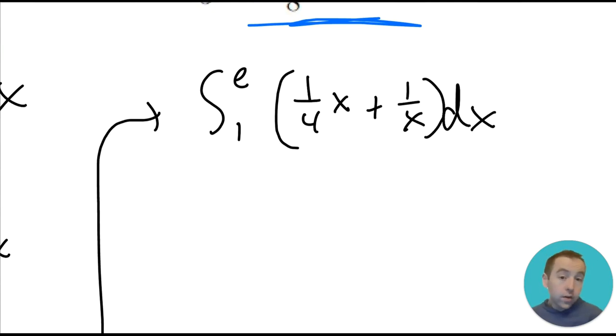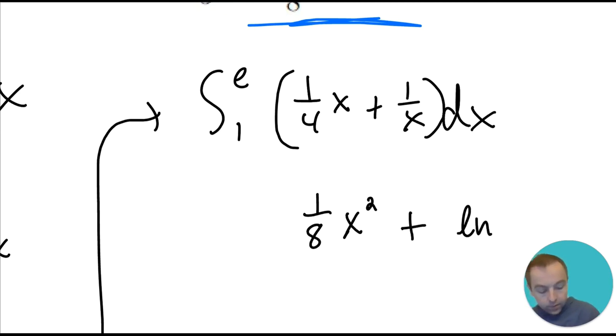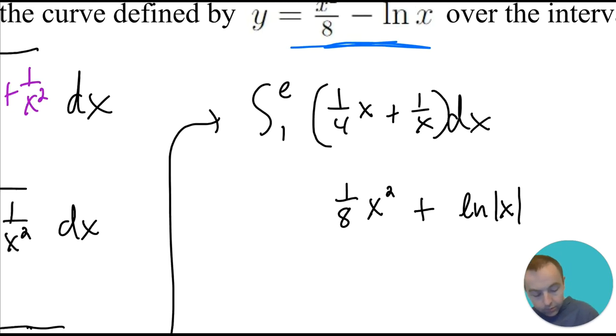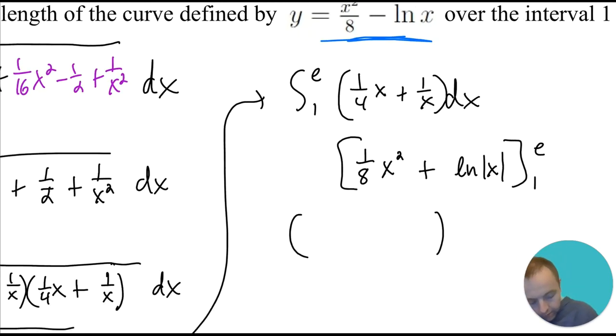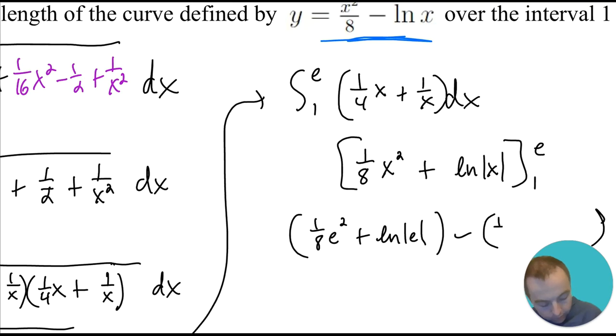So if we have to integrate the 1/4 x, you have to increase the exponent to a 2 and then put it over 2, so it becomes 1/8. And then this will be plus natural log of x. And just evaluate that from 1 to e. So plug in the e first, and you get 1/8 e squared plus natural log absolute value e. Plug in 1, so 1/8 1 squared plus natural log of absolute value 1,